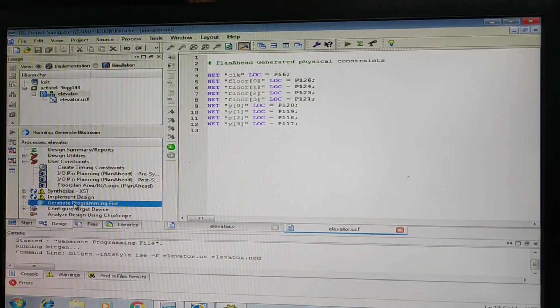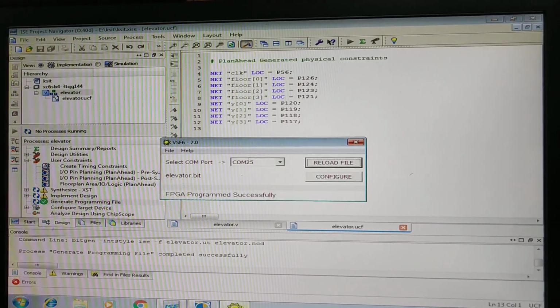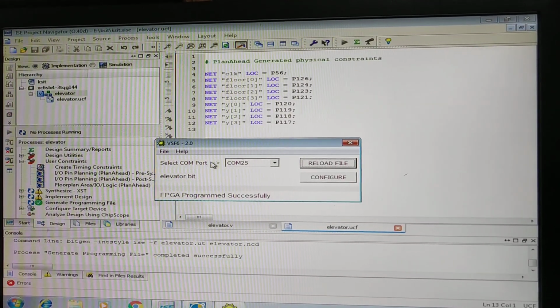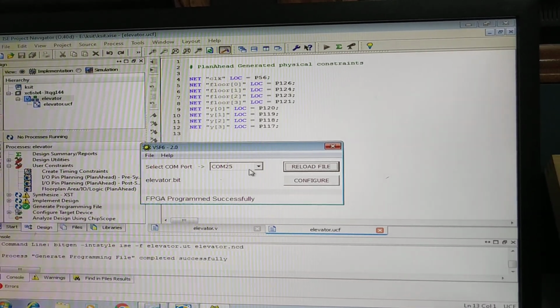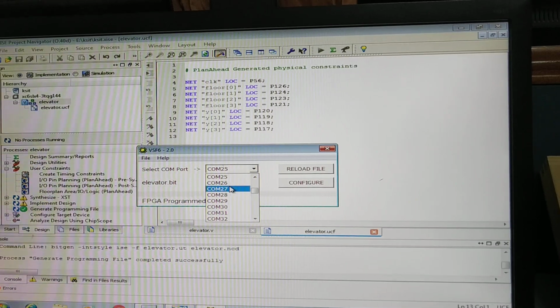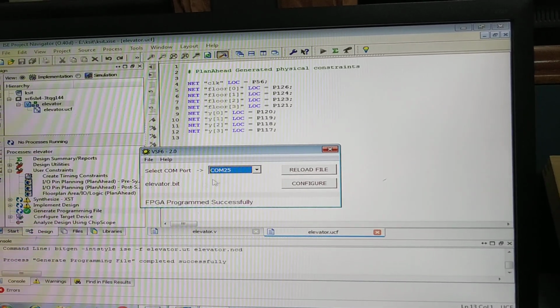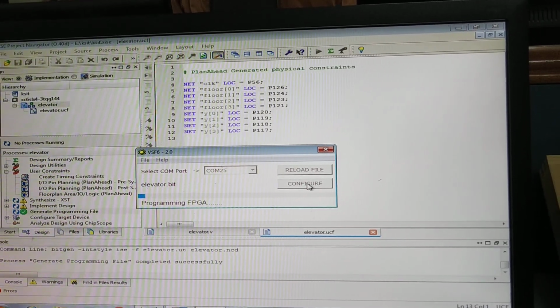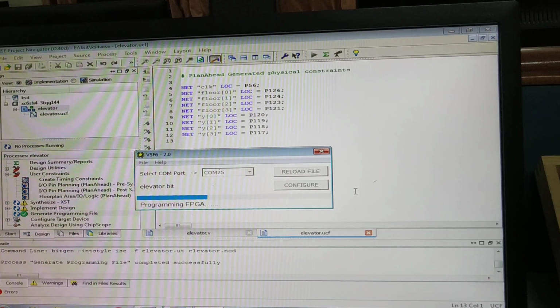This will generate the bit file. Here is how I transfer the bit file onto the kit. My COM port for this particular system is 25. I have selected the COM port. Elevator.bit is the bit file. So I'll configure now. I'm transferring the bit file from the system onto the FPGA board.